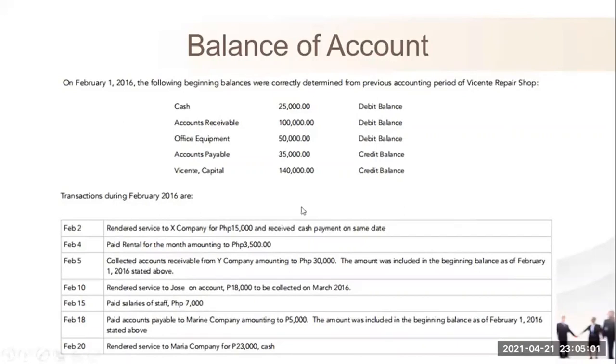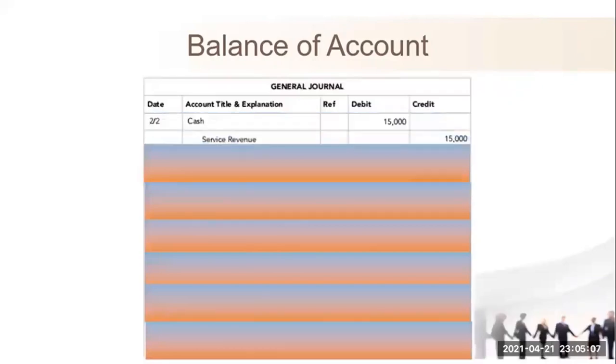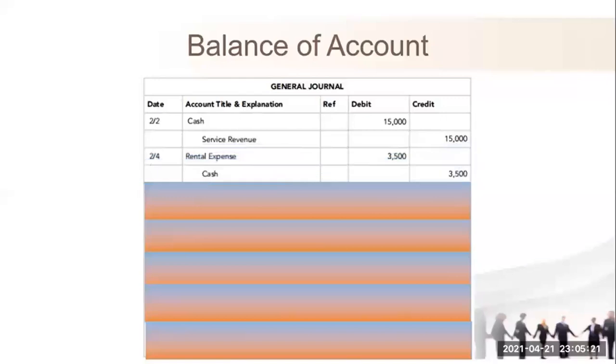Ayan. So, parang babalikan lang natin yung chapter 1 natin. Nagde-debit and credit ulit tayo. Okay? So, kunyari pag meron tayong na-receive na cash dahil nakabenta tayo, meron tayong cash debit, service revenue 15,000. So, check lang natin yung sinundan nitong problem. Rental expense, cash, nagbayad tayo ng rent. So, mababawasan tayo ng cash. And then, debit natin expense.